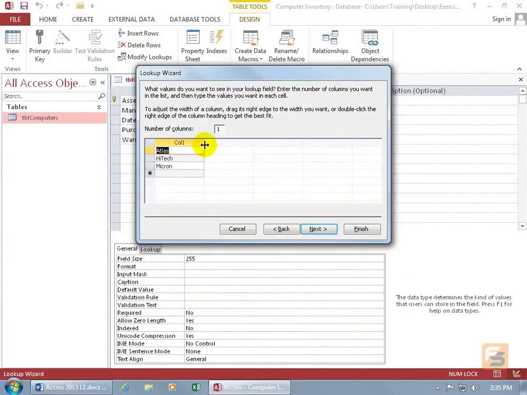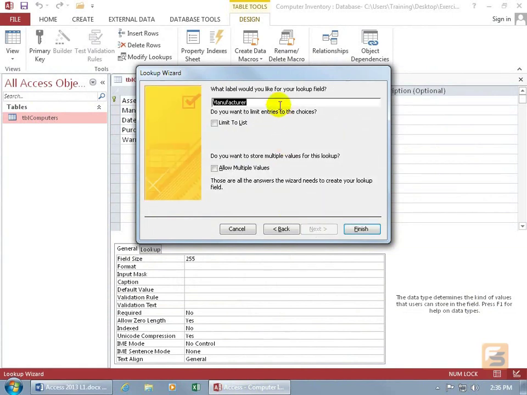And then you can see here, if you want to adjust the column width because maybe you have more characters in the cell here than I do and it goes beyond and it's cut off, you can hover over the right hand side of the column header until you can see arrows pointing in opposite directions. Click and drag to stretch it, or double click really fast to do a best fit, and then click